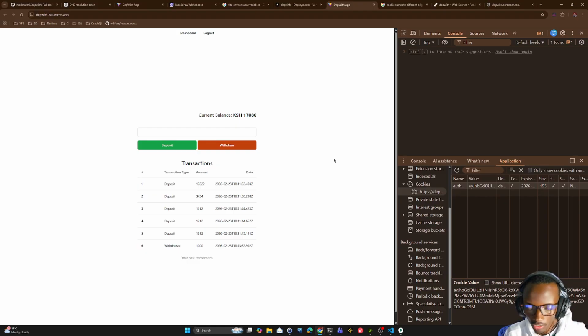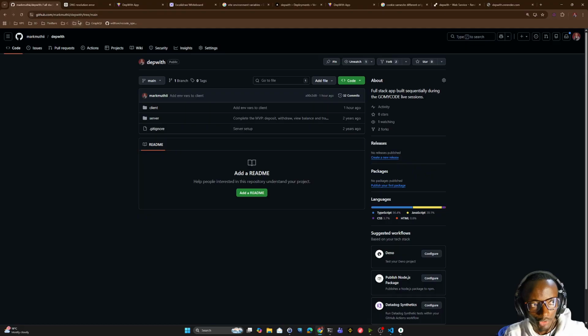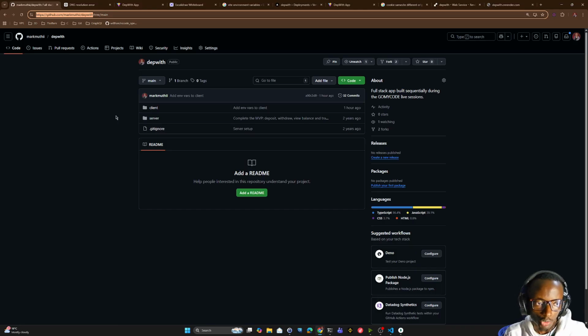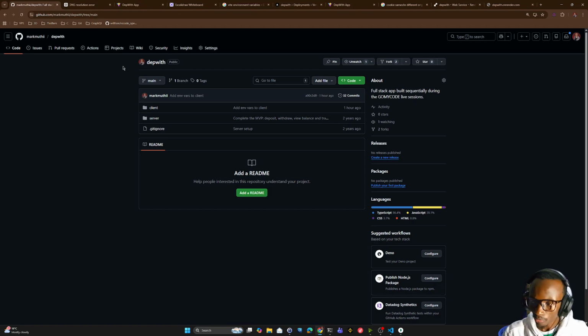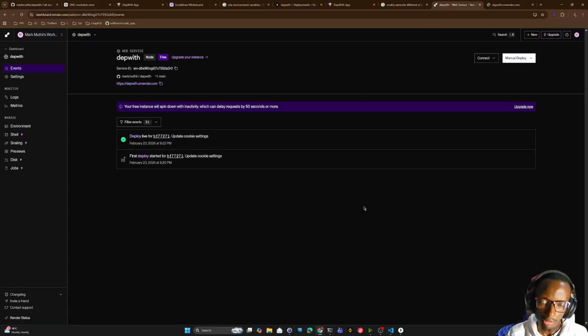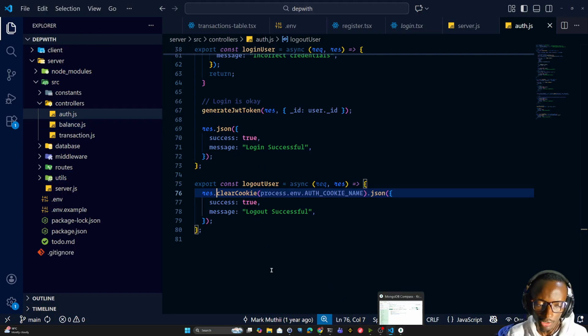But in case there's anything you missed in this entire process, the recording will be there. I've shared with you the repo. It is right here, github.com/mahmoudi/depwith. If you want to follow along with the exact same project, you can create a fork, have it in your own account, then go through the deployment process exactly as I've gone through it, but now on your own end using your own configurations. So don't use my database